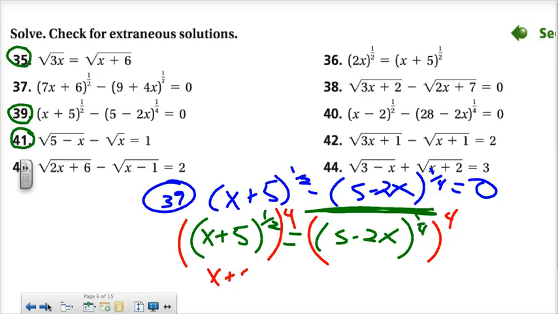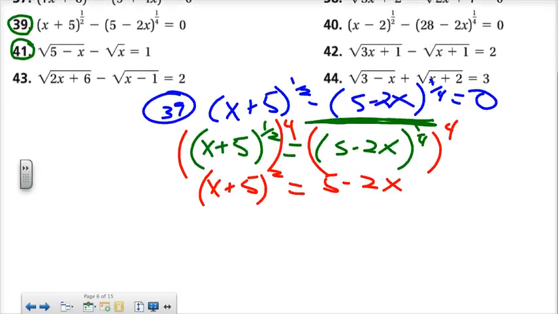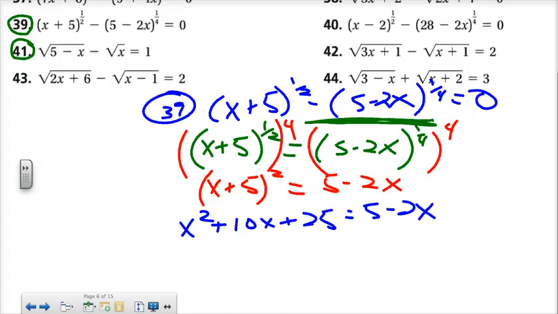Over here, I'm going to have (x plus 5) squared, but on the right-hand side, I'll just have that 5 minus 2x. Now, already twice we've had to do (x plus 5) quantity squared, so hopefully you have that memorized or it won't take you too long to get that. And then we'll move everything over to one side, so we will add 2x to both sides, making it 12x, and we will subtract 5,